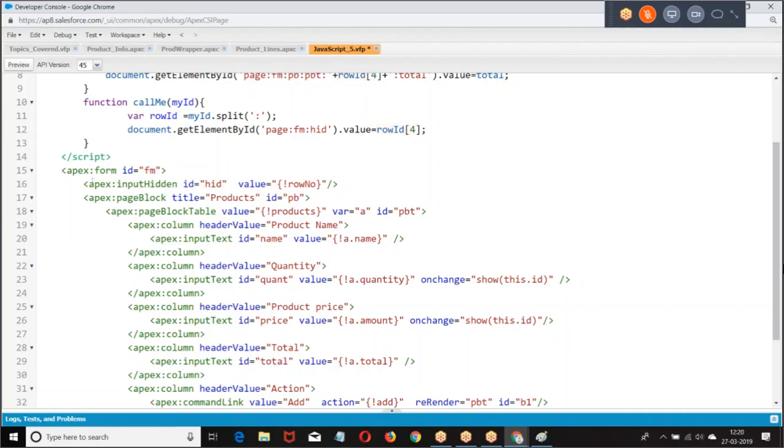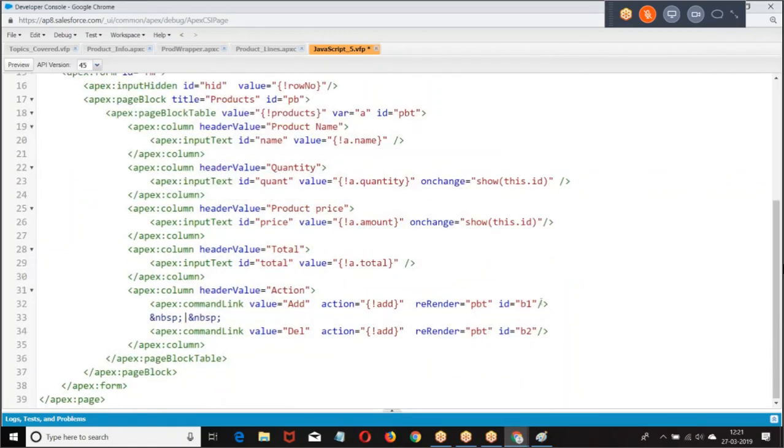Now if I set the value to this element, automatically you are setting the value to this variable, right? If you set the value of this, automatically you are setting the value of row number. So on whichever row I clicked, that row number I am saving in the variable called row number. Go back here.